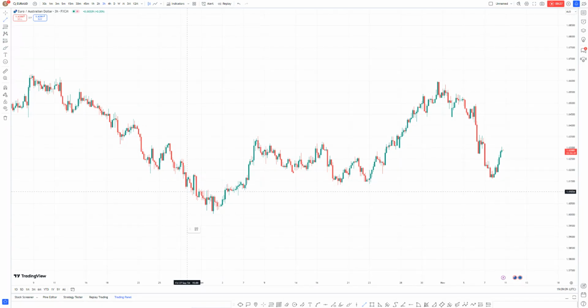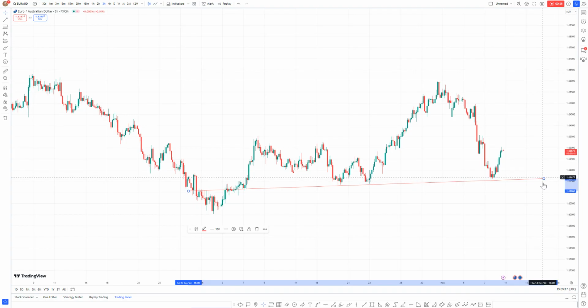retest. So let's go here. Let's go here. So we have here support structure, break of a support structure, retest, retest, retest, retest, break of a resistance structure,